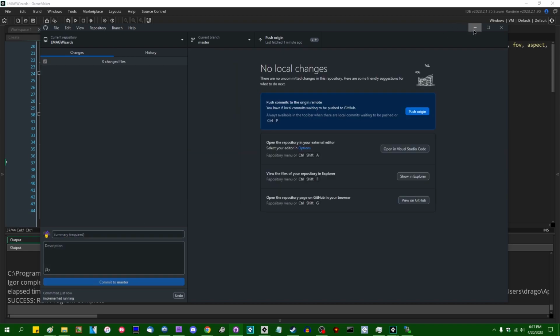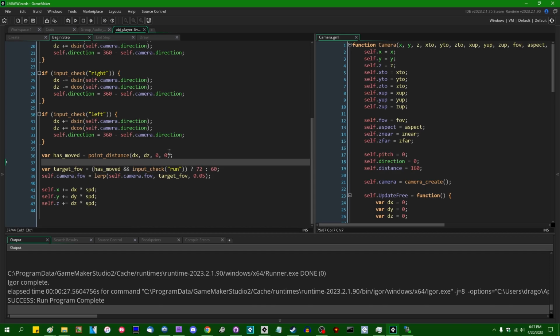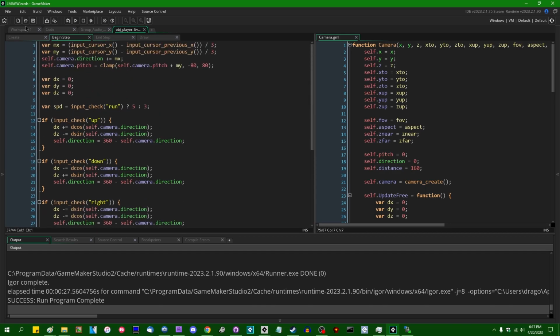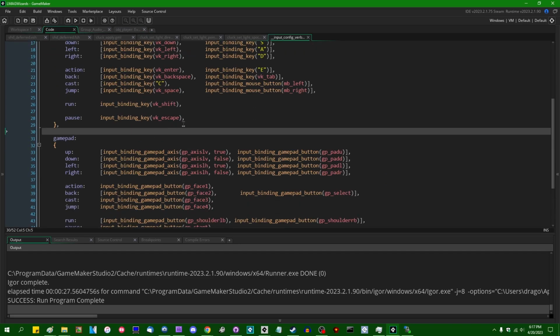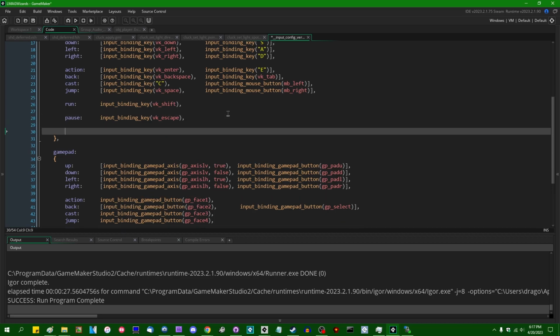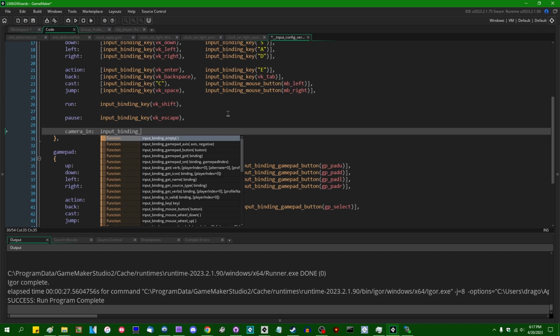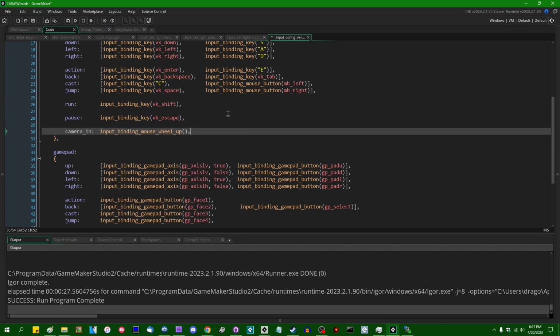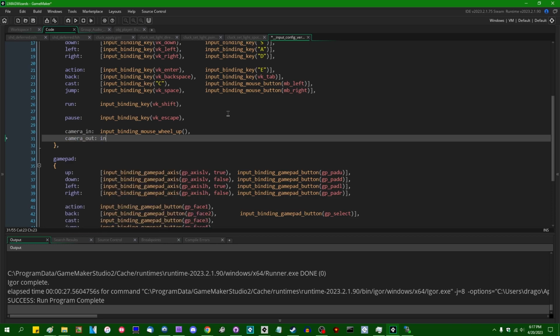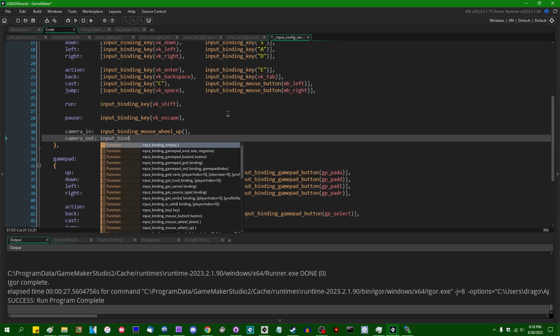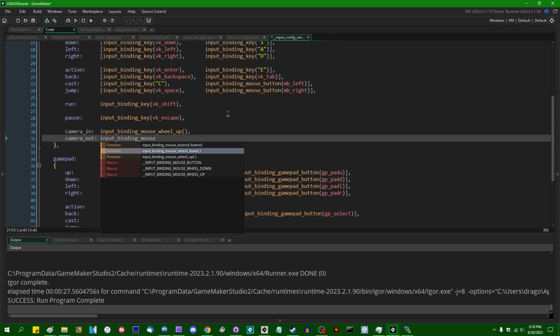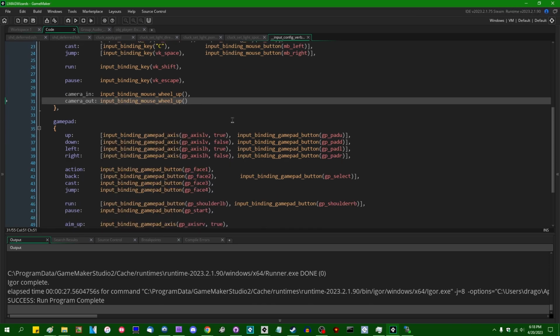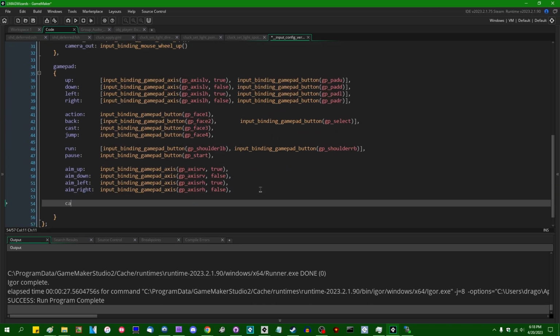But we're gonna say implemented running. What else was there? Oh, I feel like let's add some new verbs. Let's say camera zoom in and camera zoom out. So camera in can be input binding mouse wheel up, I think. And camera out can be input binding mouse wheel down. And on the gamepad side, camera in can be input